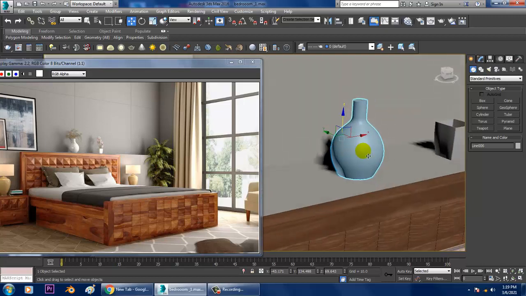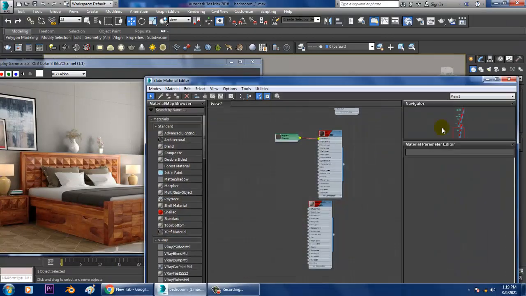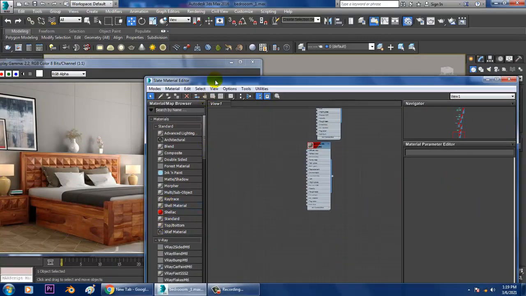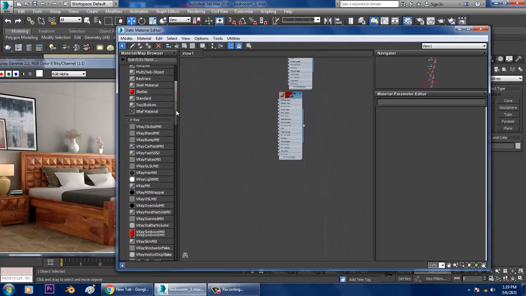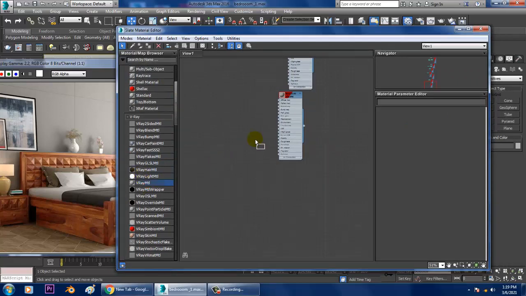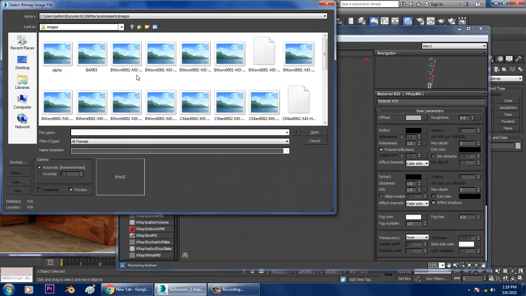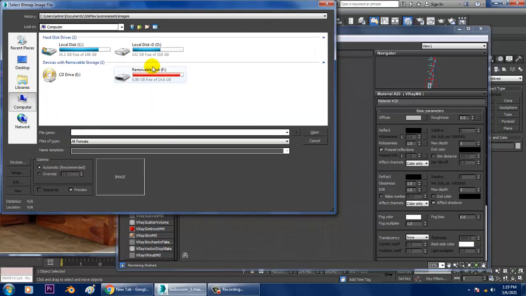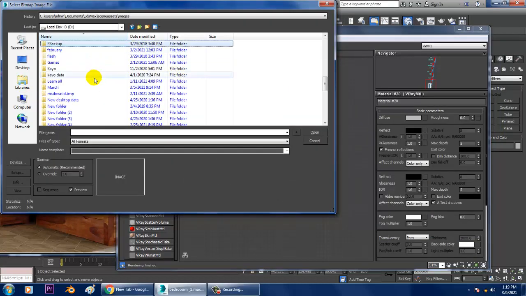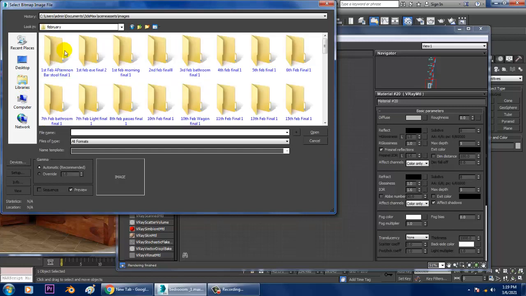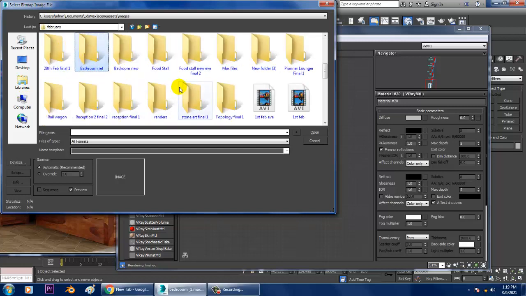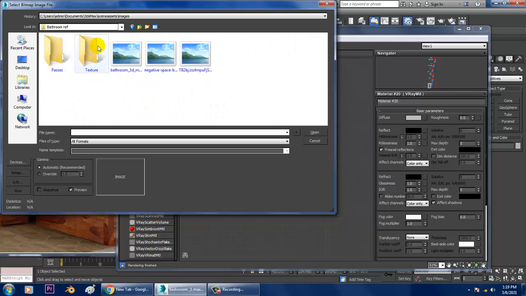Let's again go into the material editor and let's take a V-Ray material. So we'll be assigning a ceramic material over here. Let's go into this drive and we'll be assigning the ceramic.